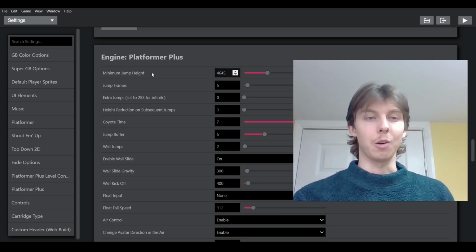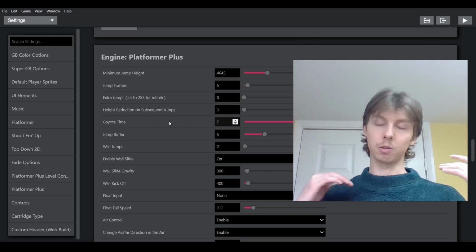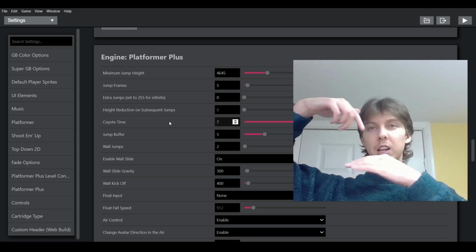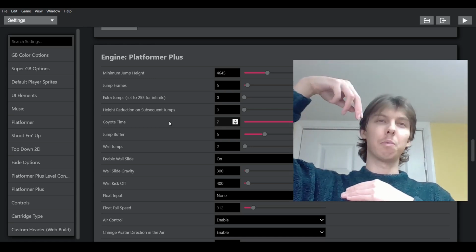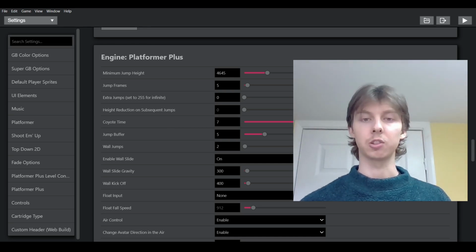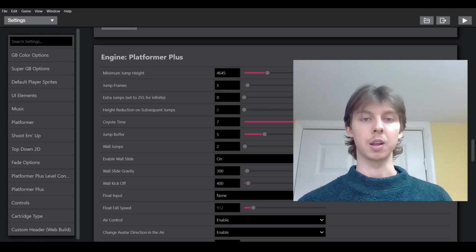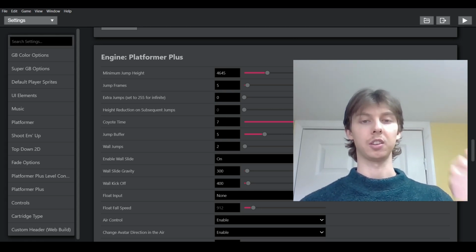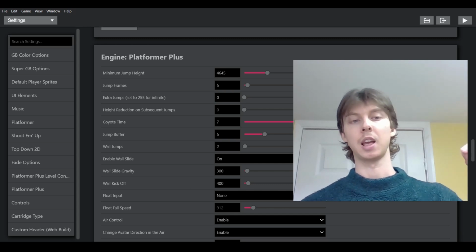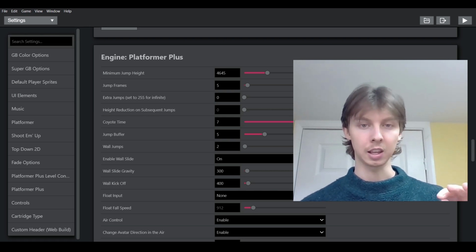He also adds some really good stuff here, like the coyote time, which means that when you're running quite fast, if you get to the edge of a ledge and you jump a fraction too late, it lets you still jump. And if you exaggerate this, you can really see what I'm saying, because it becomes really obvious. But if you're playing a fast game that requires you to jump off of platforms, having this coyote time will be very kind to your players, and you should definitely think about adding it,